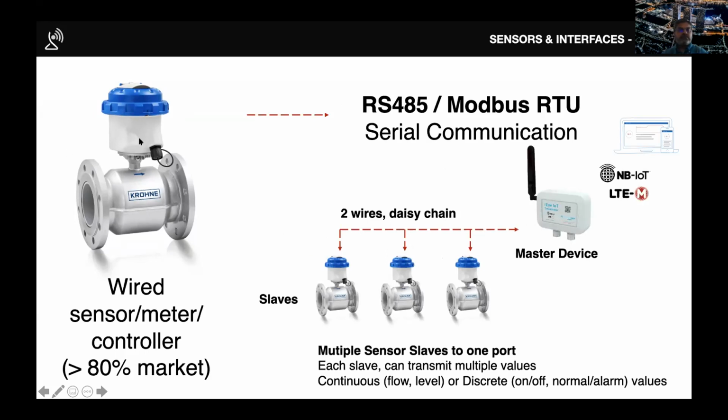In this case, you see this is a flow meter. It measures the flow of oil or water, whatever it is. There might be three flow meters where you want to measure, so you just wire all of them up to a single device. Every 5 minutes, it would ask, okay, what is the reading, and then transmit it. This is very good when you have multiple sensors in the same area. You can quickly wire them up to a single device, and on the same timestamp, you can transfer the data to the cloud.